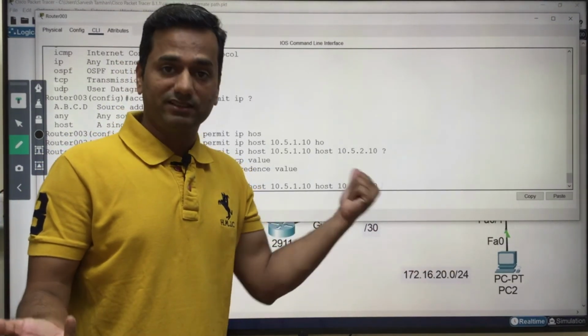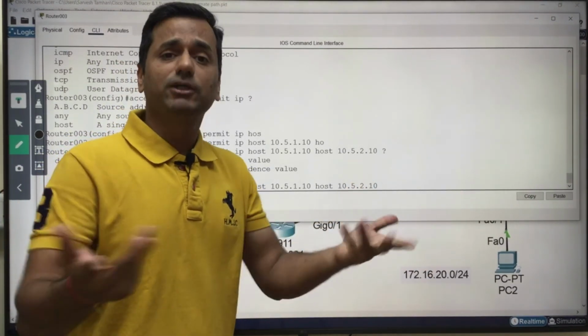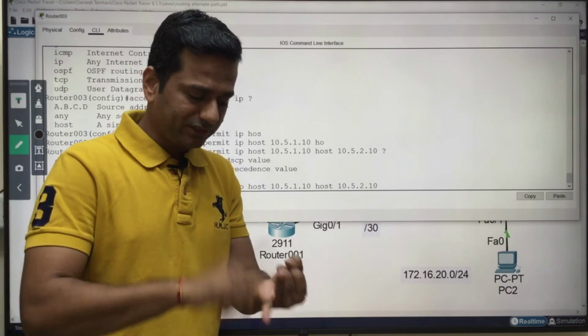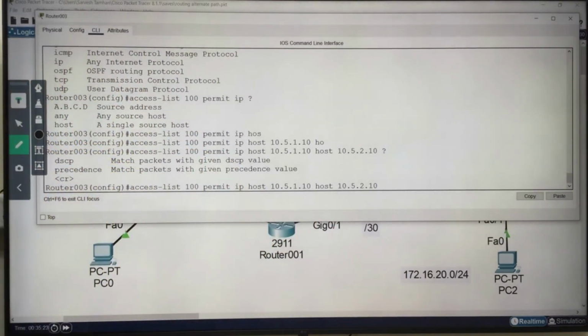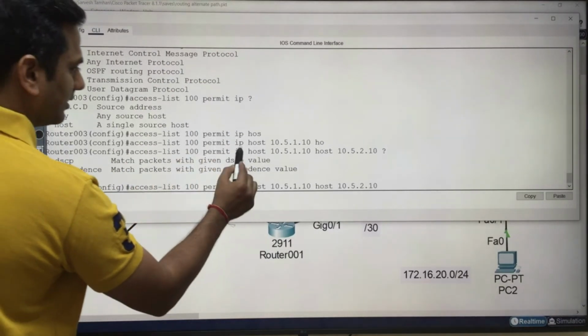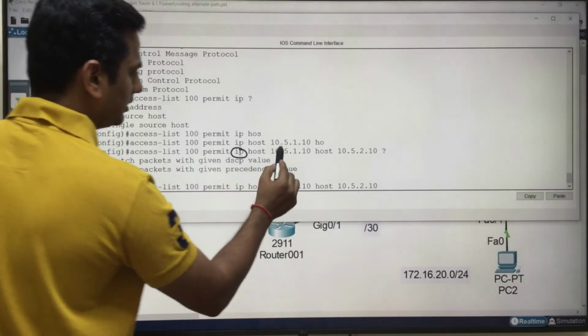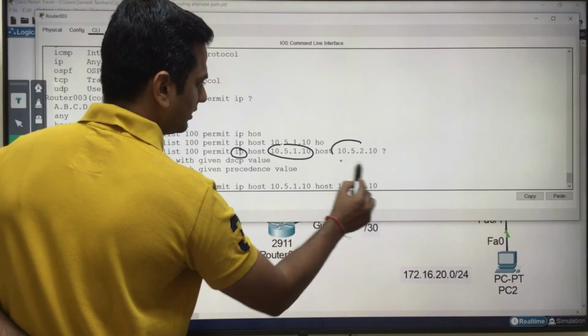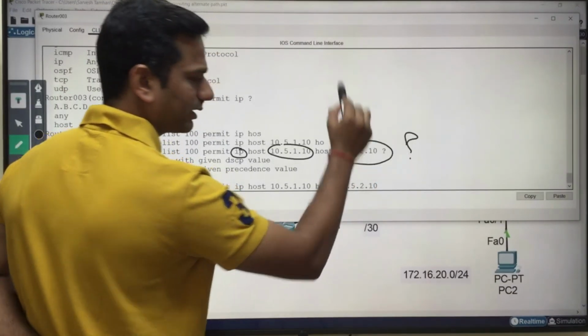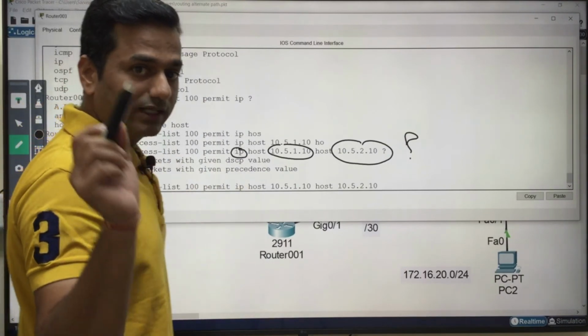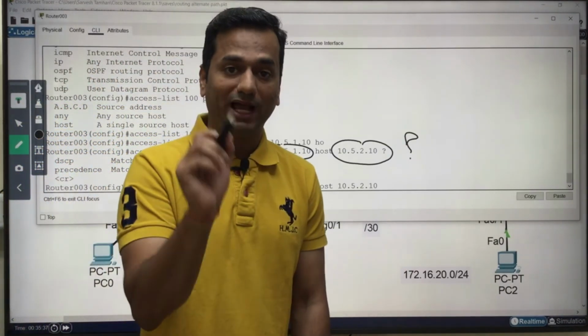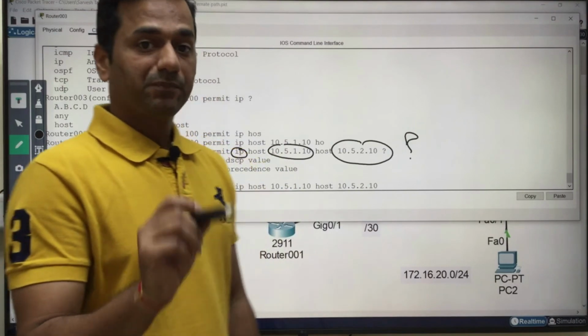Where is the port number, Prasad? This is the extended access control list, right? Where is the port number? You said source IP, destination IP, port number, protocol field, right? We can understand, this is the protocol field, this is the source port, and this is the destination port. Where is your port number? No, you already selected IP. I told you, once you select IP, you do not have any option to match the destination port number, right?